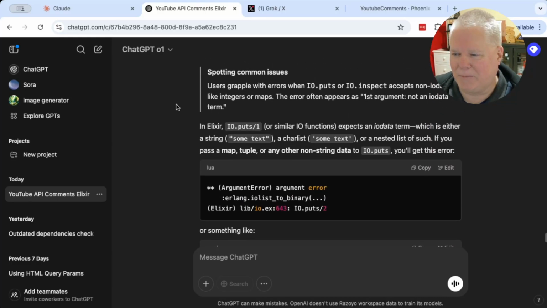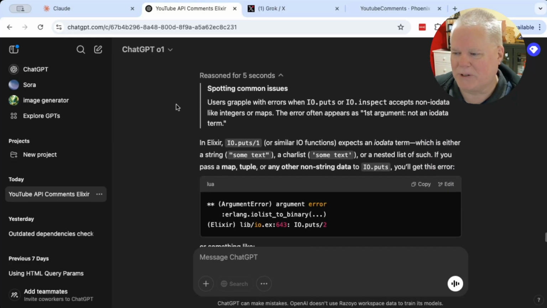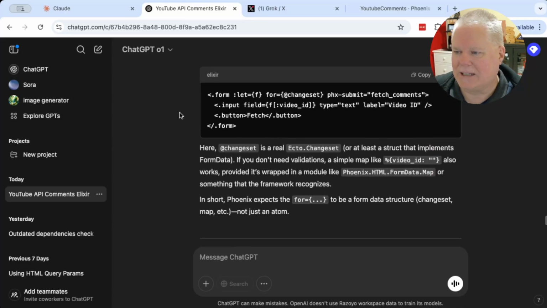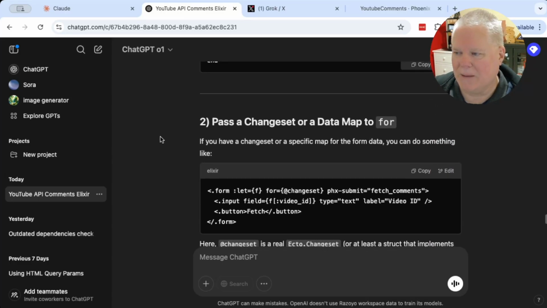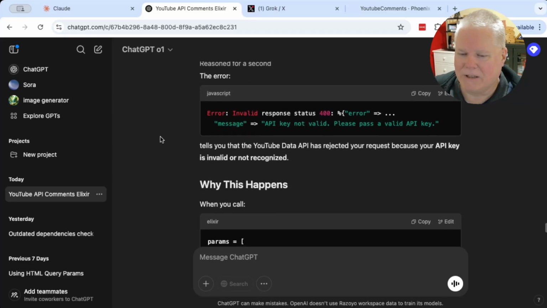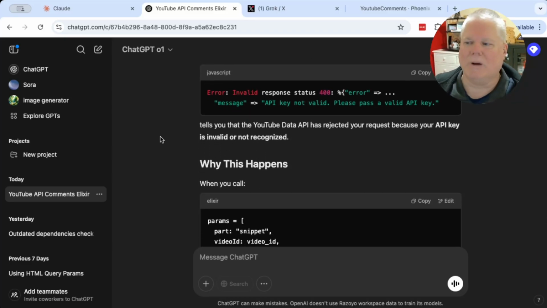The wheels had just completely fallen off. And part of the problem is that it's not very precise. It says, oh, your code should look kind of like this or something like this. It's not being very precise. And by the time I got to this point, this far down in the process, the wheels were off. It was clear there was no end game. It was start over time on ChatGPT. So it never actually came up with an answer that I could use. So this is a fail definitely for GPT-o1.